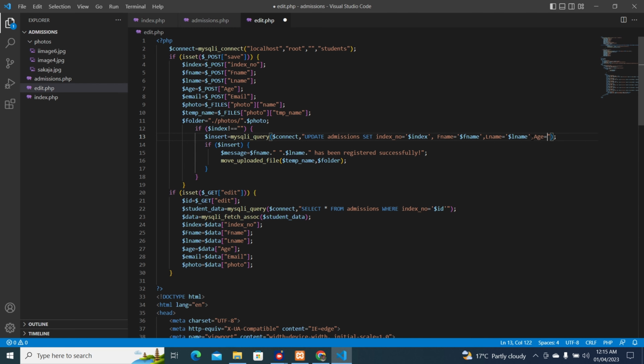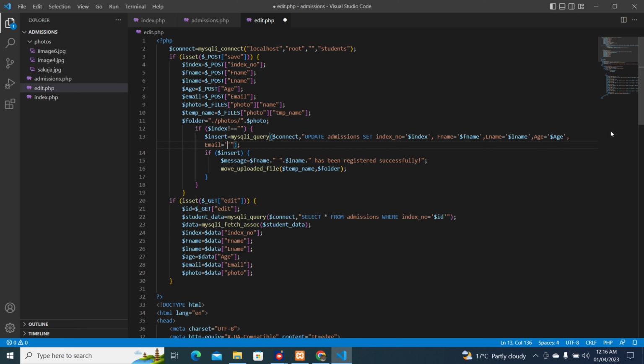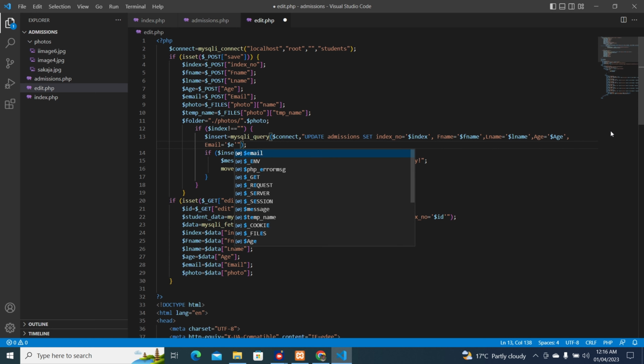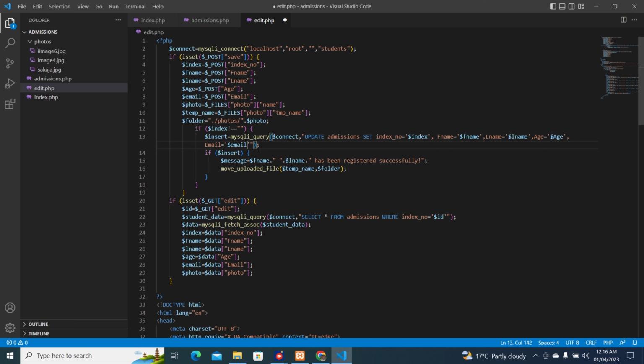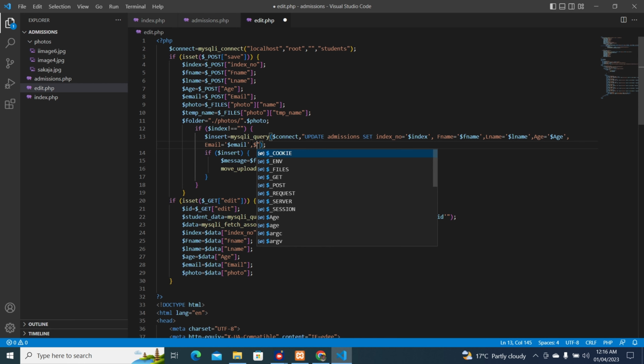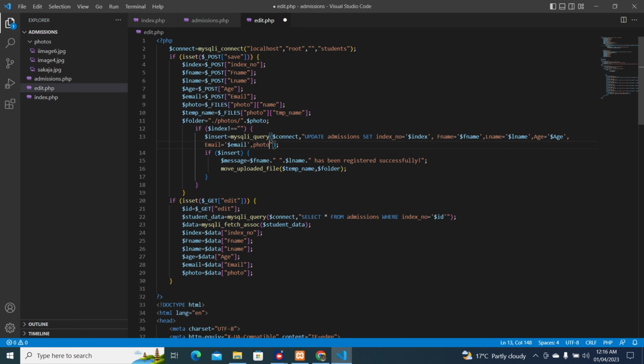Age should be equivalent to age, that should be age here in capital letter, then comma, email again should be equivalent to email, and then we can have photo. The photo should be equivalent to a